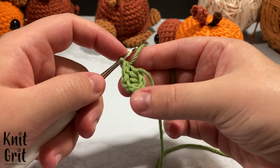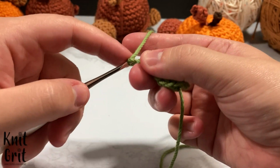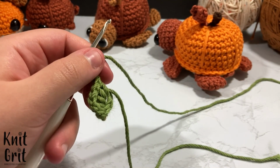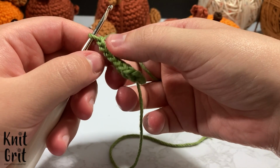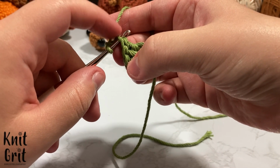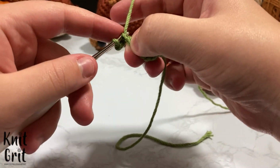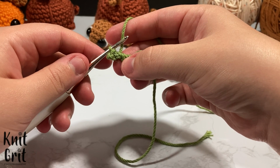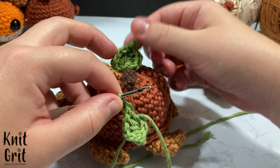And now we're going to do our chain 3 again. So 1, there we go, much better. 2, 3. This is older yarn that I've had sitting around, so that's why it's splitting so much. It's bugging me. All right, so now with that 3 chain, we're going to put our hook back into the first chain that we made, the one we just made for that chain 3 cycle essentially, and we're going to slip stitch into it. That creates this kind of ridge, which creates essentially this on our little leaf,